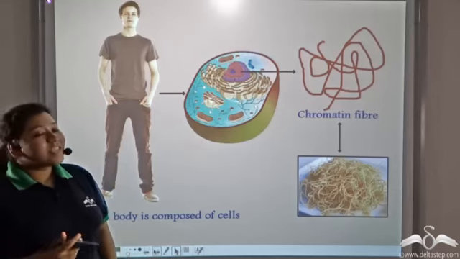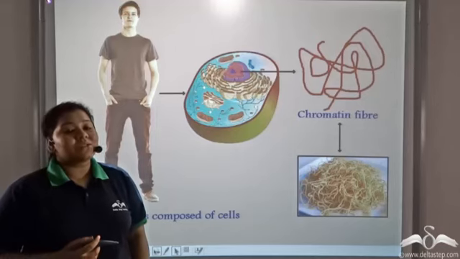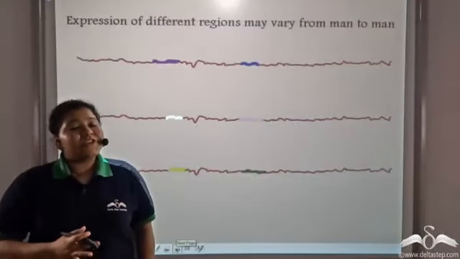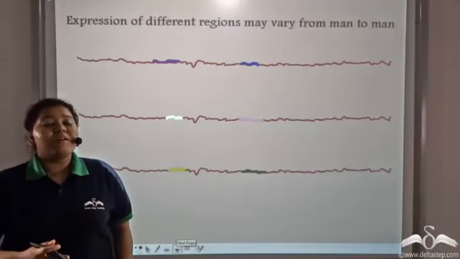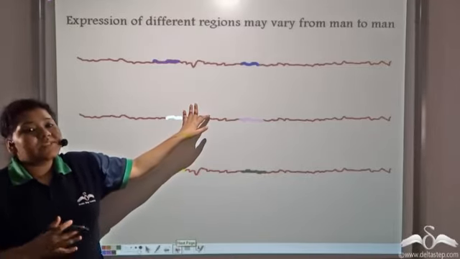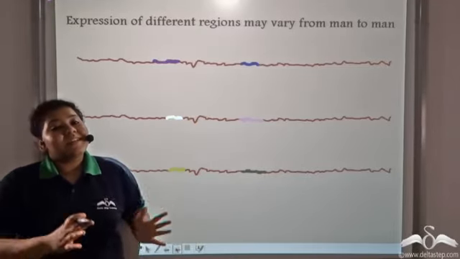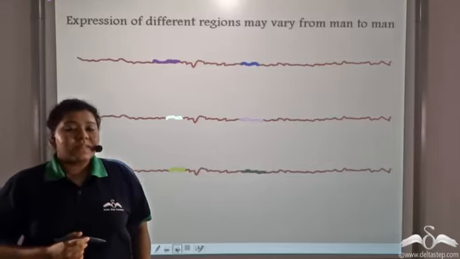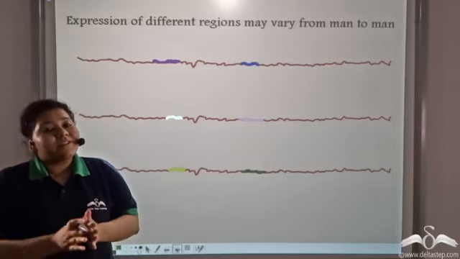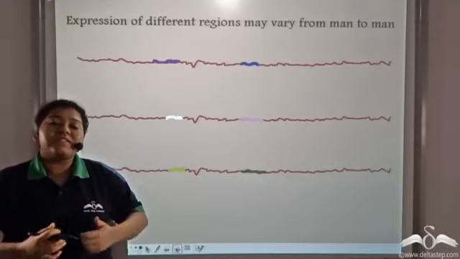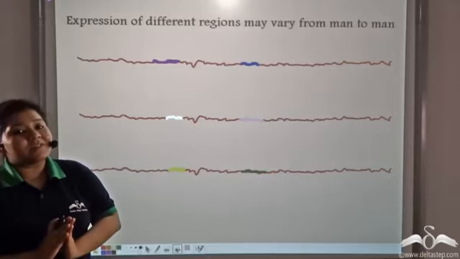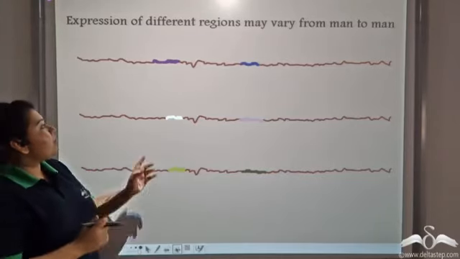Now, how does it regulate so many characteristics together? Well, let us see. All human beings have a fixed number of chromatin fibers in the nucleus, and these chromatin fibers express different characteristics. Not only does the number of chromatin fibers remain the same across different people, but also the specific features remain constant. Let us see an example.